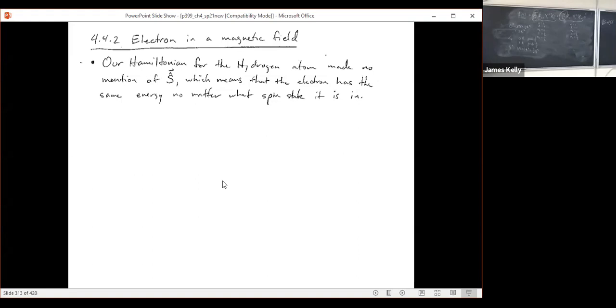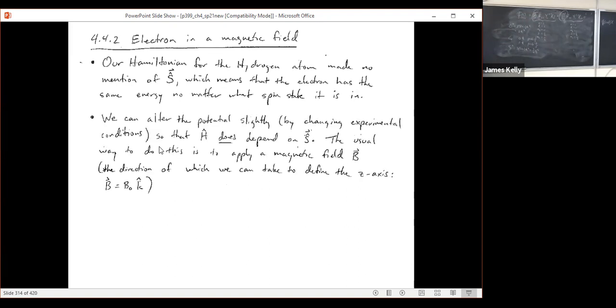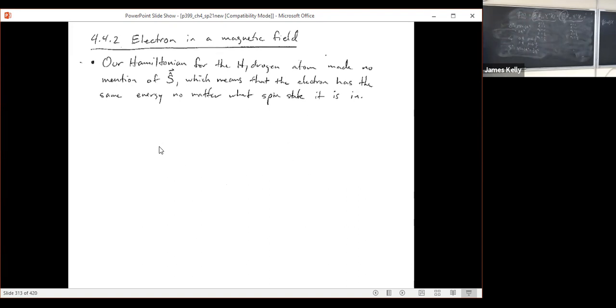And let me just indicate where we're heading tomorrow. No, this is not the last subsection of chapter 4. This is just the middle part. We're going to talk about an electron in a magnetic field, because our Hamiltonian so far hasn't had anything to do with the spin state. But of course, we can have the energy of a state have to do with the spin state if we put our electron, which is in this potential associated with the proton that's sitting at the origin,